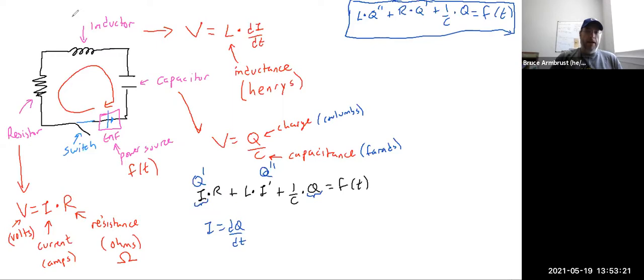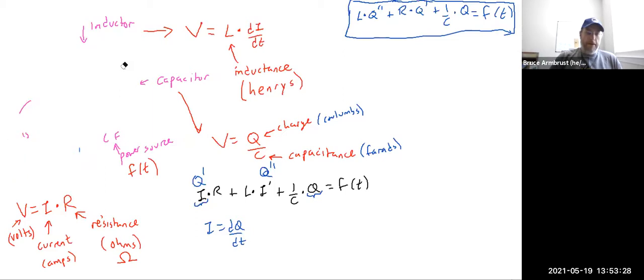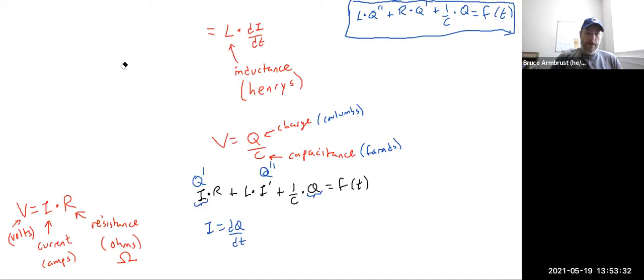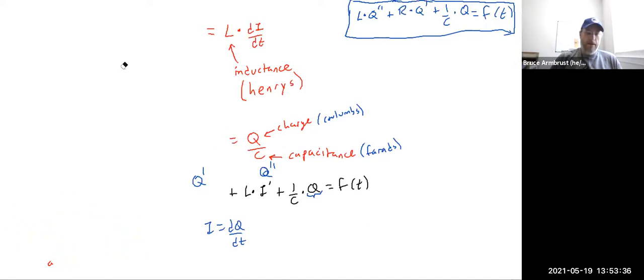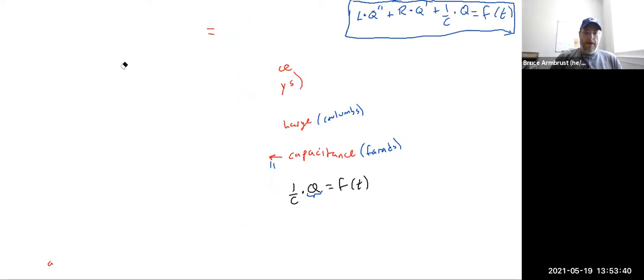So let me go ahead and just clear some space over here. We'll keep that formula up, but let's get rid of some of this because we don't need it anymore. That should be plenty for us here. But let's say this is our deal. All right. So for example,